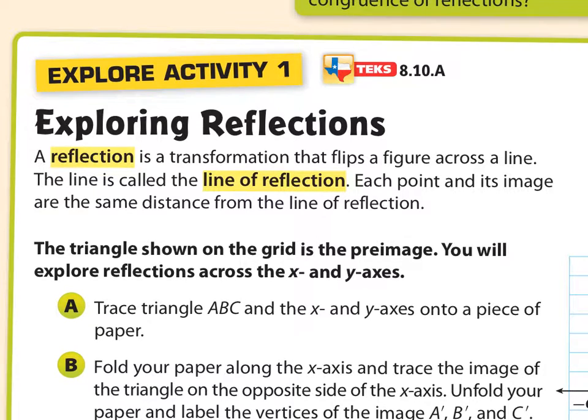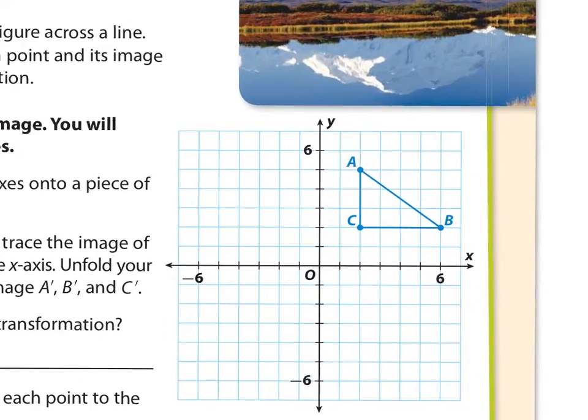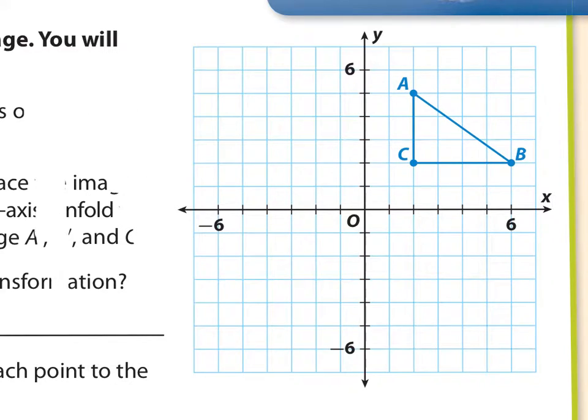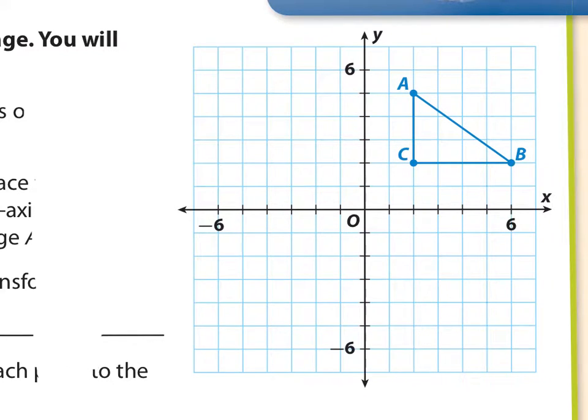So, we're going to jump right in. We have triangle ABC here, and we're gonna do a couple of examples with it. We're gonna reflect it over the y-axis, over the x-axis, and then I'm gonna give us a different line of symmetry. So I'm gonna give us some room over here to work. All right. First thing we're gonna do, and we'll do it in a different color, we'll do this in purple. We're gonna flip over the